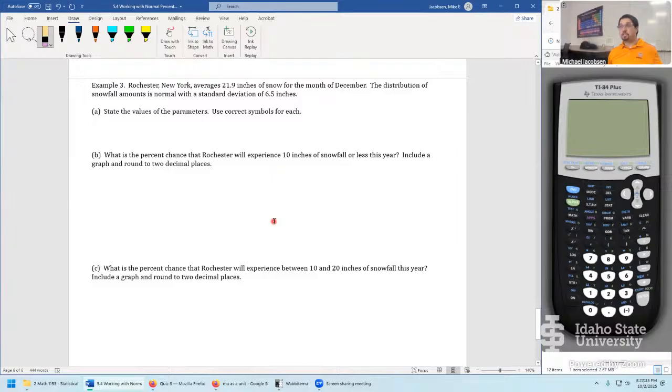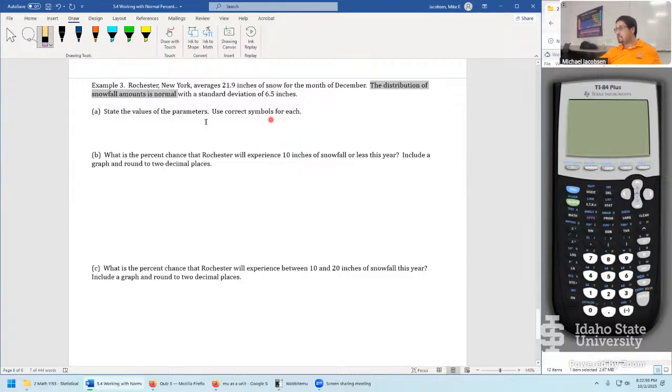So that quiz is pretty similar to the problems we're seeing here. And here's the context. Idaho does get a lot of snow, but Rochester, New York averages 21.9 inches of snow in December alone. And that's pretty impressive as a parameter value. The distribution of snowfall in this place in New York